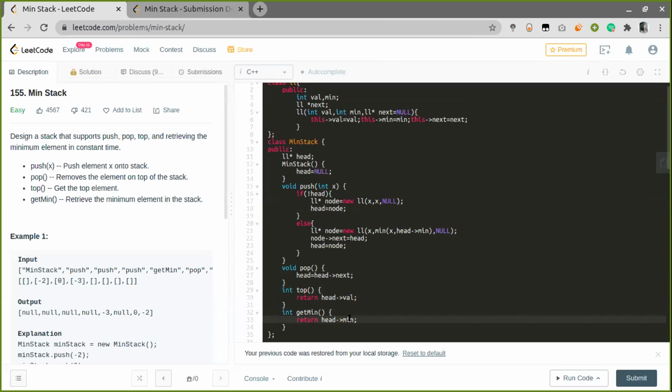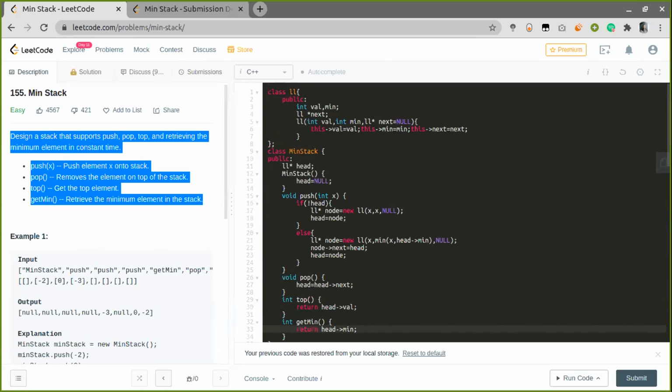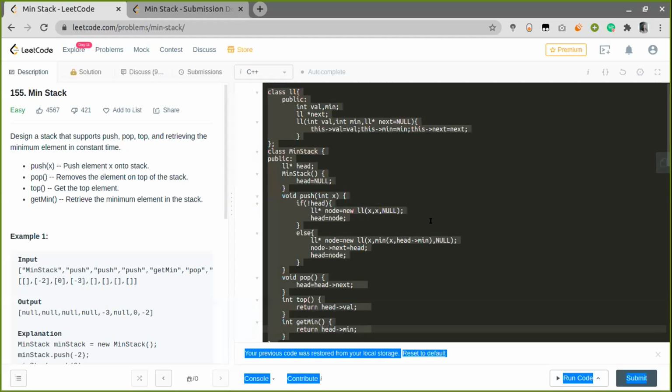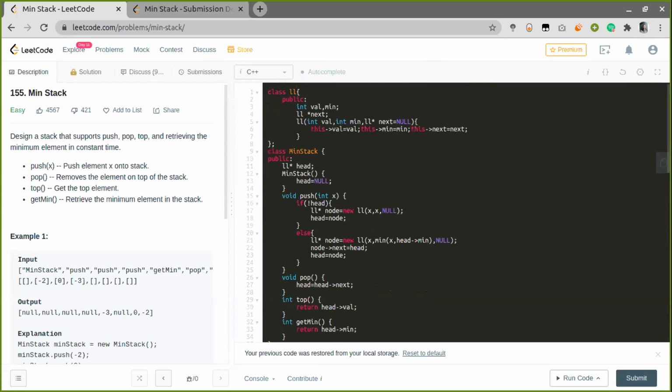Yeah, that is good. Even if you implemented everything from scratch, it is still a very small implementation, right? Yeah, neatly done. Since they have mentioned design a stack, we can go with the basic approach of using two stacks or tuples of stack, but designing it from scratch will be better, I guess. Makes more sense, right?